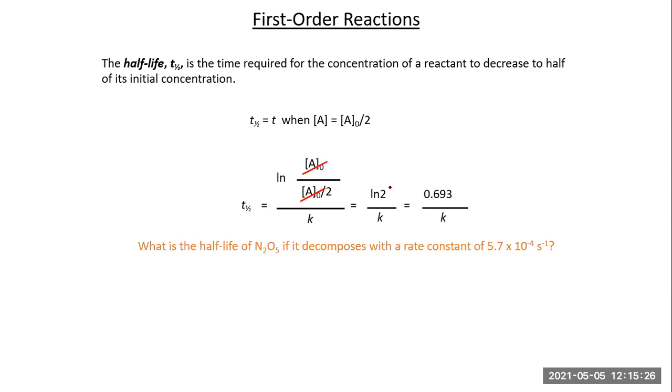So obviously, if we had a problem like this: what is the half-life of N2O5 if it decomposes with a rate constant of 5.7 times 10 to the minus 4? In this case, we basically would just plug it into our half-life equation. And if we do that, and I'll grab my pen here, our half-life is the natural log of 2 over k, which means the natural log of 2 divided by our 5.7 times 10 to the minus 4 reciprocal seconds. Doing that little division there ends up getting us